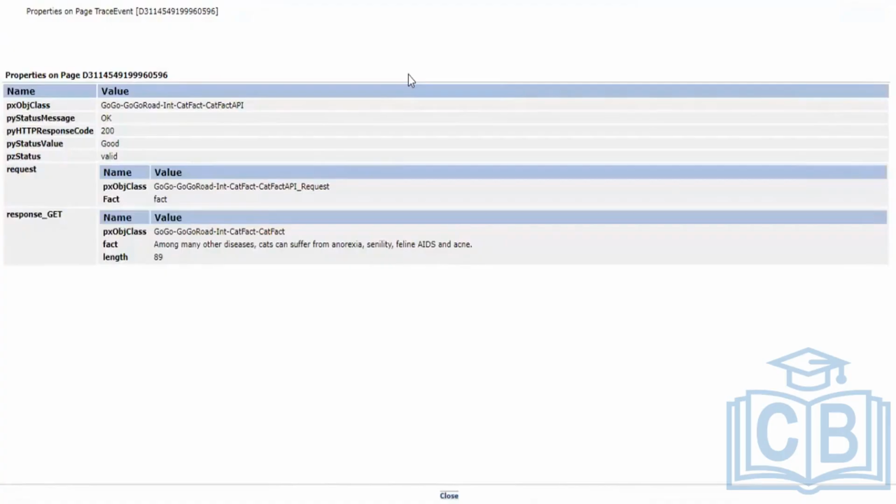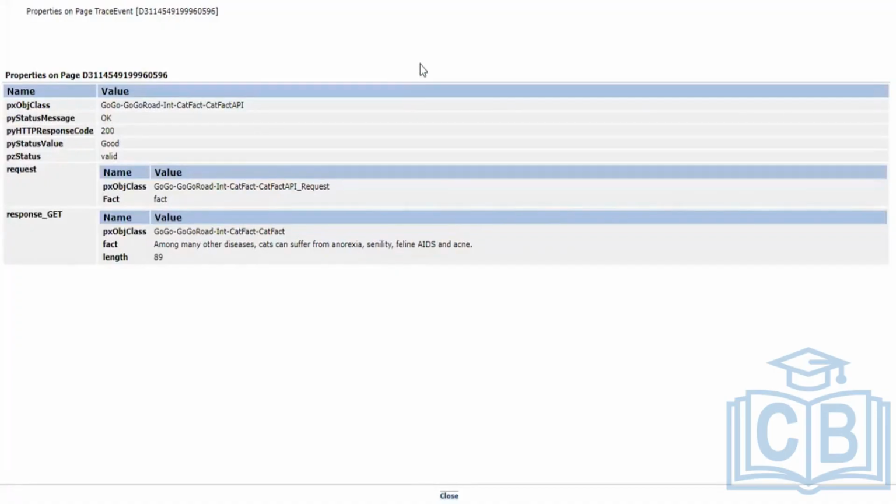If you are tracing a Connect REST integration and you are facing some error, then you have to come here, hit this page, and see the response. What response are you getting? Whether we are getting internal server error or a 404 status. You are getting 200 here, right? If you are getting any error, you will get 400 like that. Now close that.